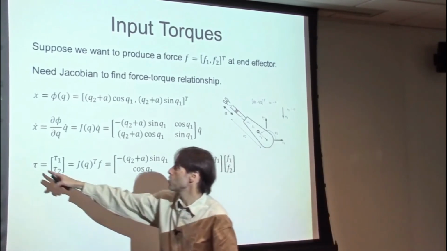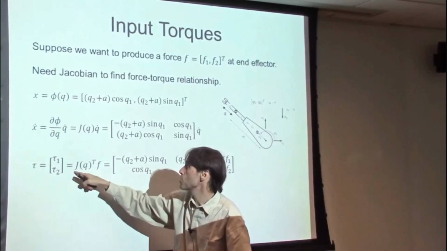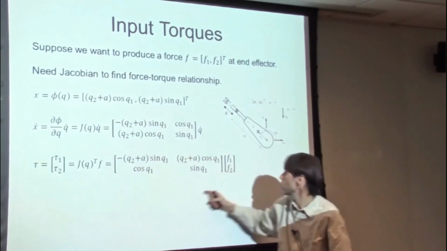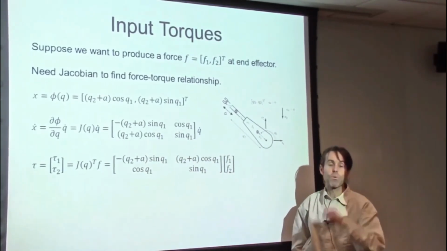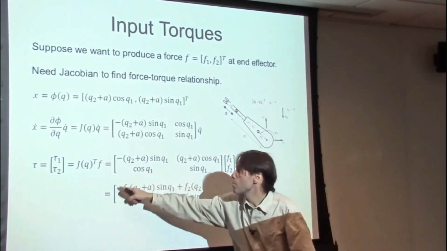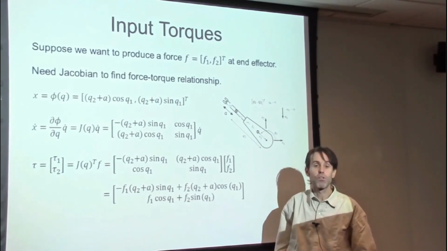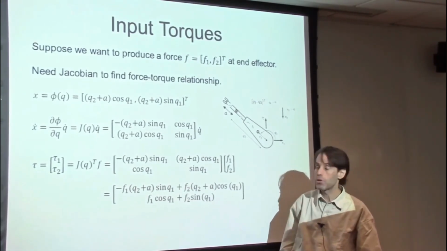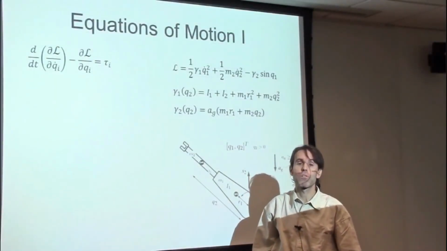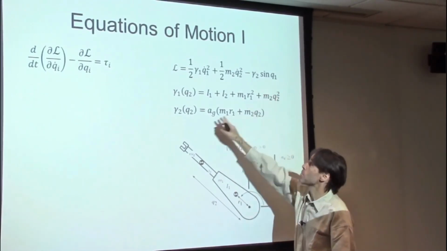We can then get the generalized torques applied onto each of the degrees of freedom using the transpose of the Jacobian, and it has this form here, Jacobian transpose, and F1, F2, that's the force that the end effector is trying to resist. This will now be the torques that will be on the right-hand side of Lagrange's equations when we go to derive the equations of motion of the system. And now we're going to derive the equations of motion using the Lagrangian formulation. We wrote the Lagrangian over here just for your convenience. Remember this gamma 1